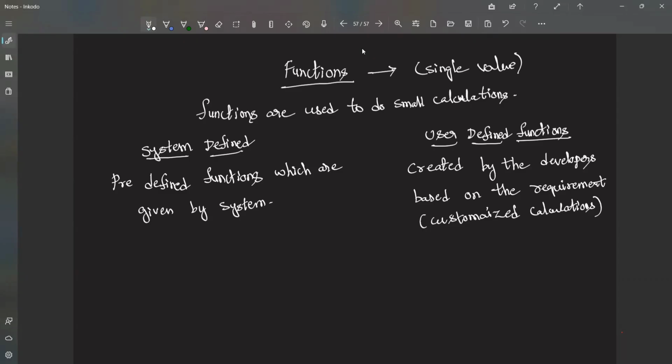When it comes to system defined functions, these are the predefined functions which are given by SQL. We have to just utilize them. If we know the purpose of using them, we can utilize them based on the requirement. Here we have a few types of functions called aggregate functions,